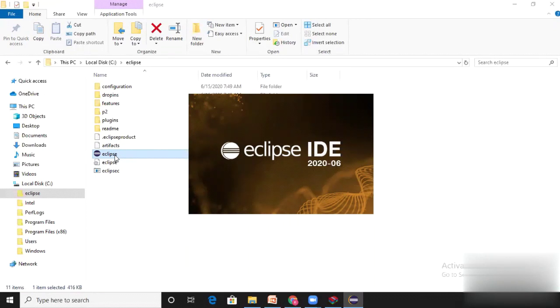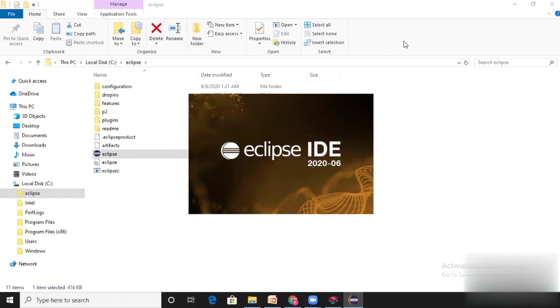There is no need to install Eclipse. Simply double click on the executable file and Eclipse will launch on your machine, ready for writing, executing, and debugging Java code.